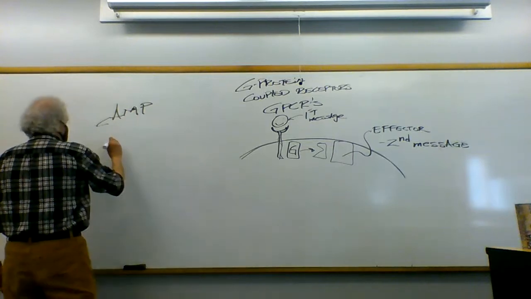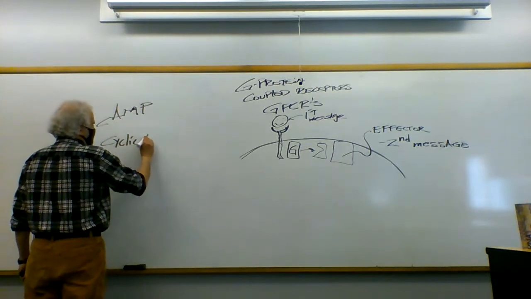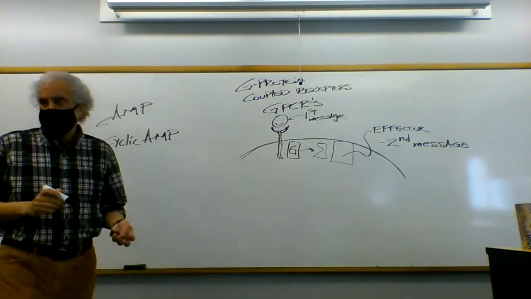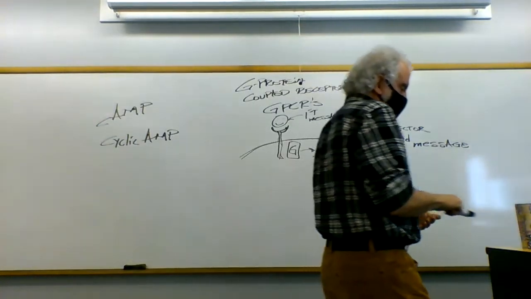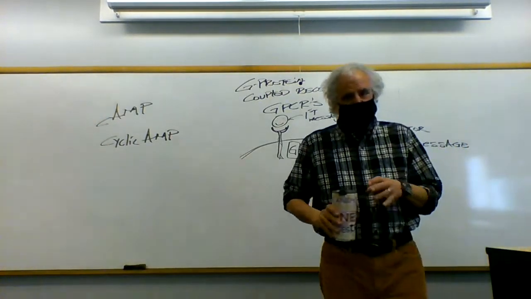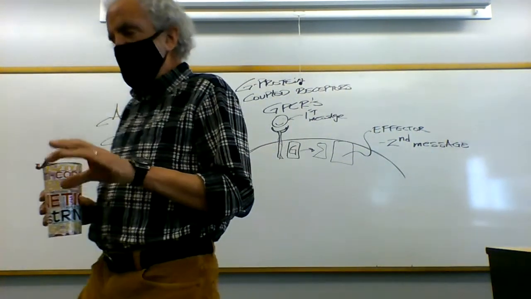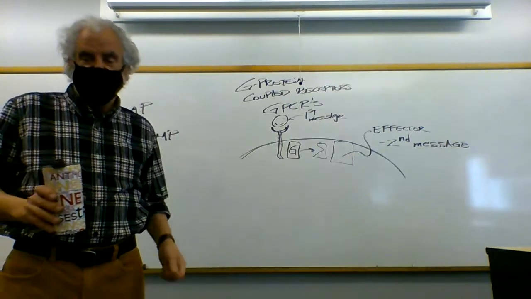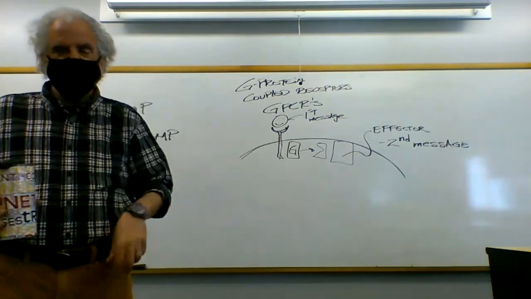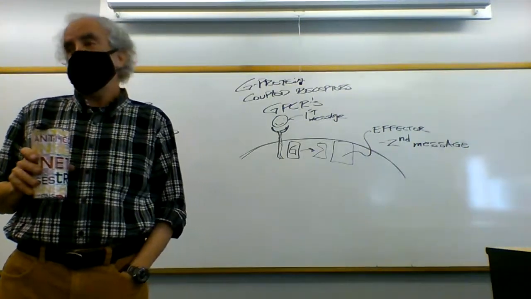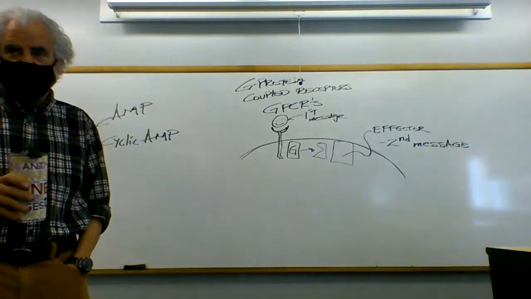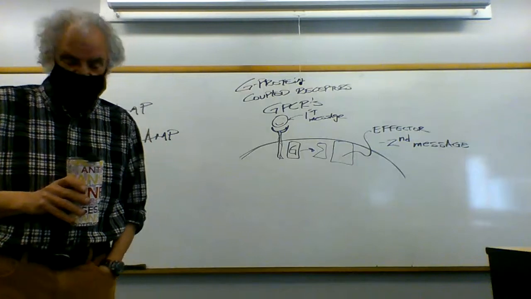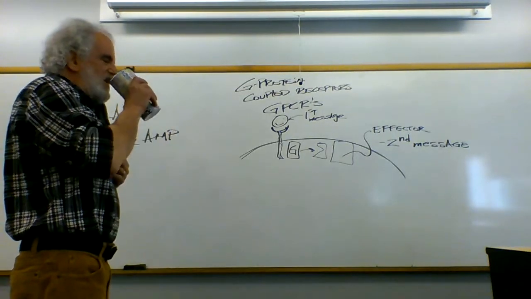This is cyclic AMP, or cAMP. We actually mentioned cyclic AMP a little bit in bacterial gene expression when the catabolite activator protein is active, which binds to a portion of the upstream region, allows RNA polymerase to bind a little bit better. It's actually responding to cyclic AMP. This is a classic, even with bacteria, stress response. When you get stressed out, you begin producing cyclic AMP. And the enzyme that does that,